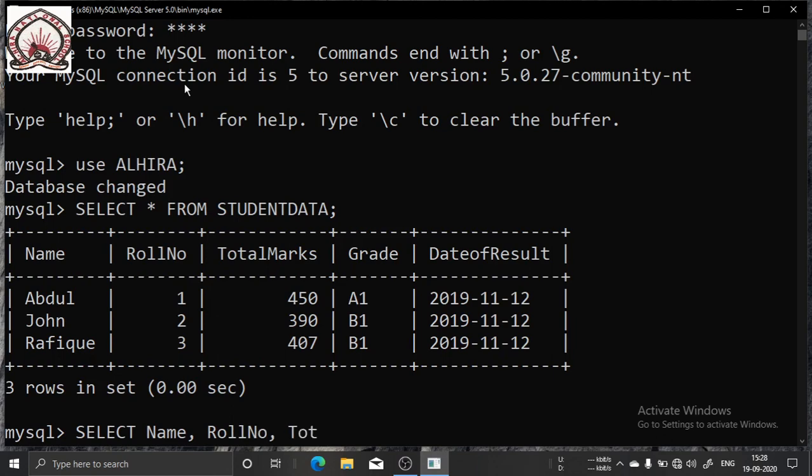And to see the total marks of those students who have got above 400 marks, where total marks is greater than or equal to 400.